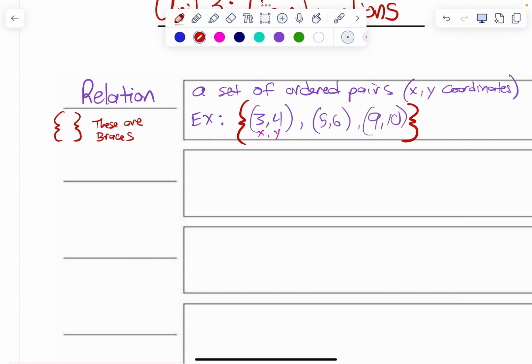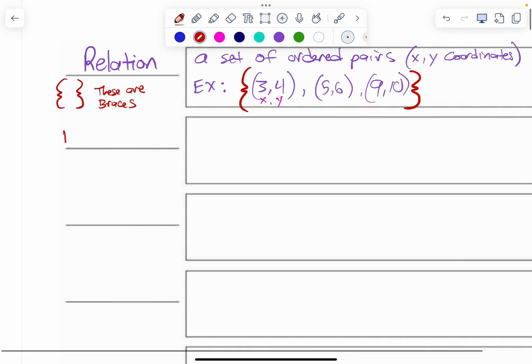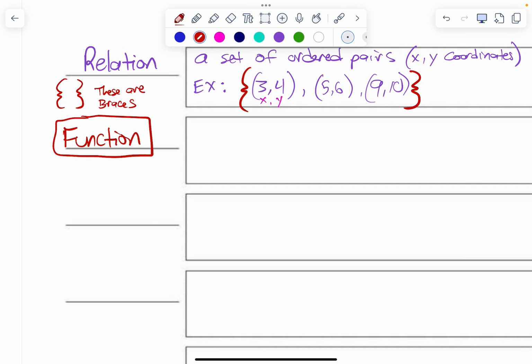I'm going to put a box around this because this is a pretty important definition for us. Like I said, for the rest of this year, but also going forward, especially in Algebra 2, those of you, well, most of you will end up taking that. So a function now becomes a relation